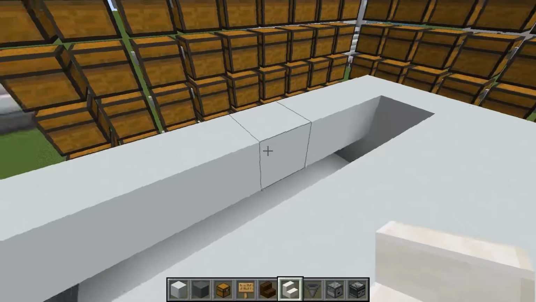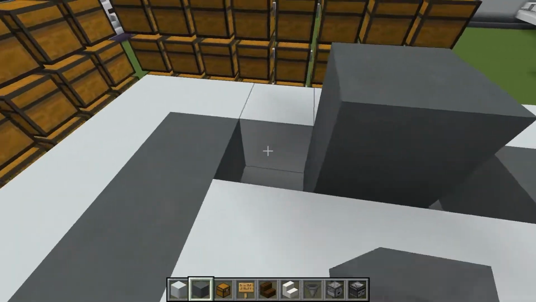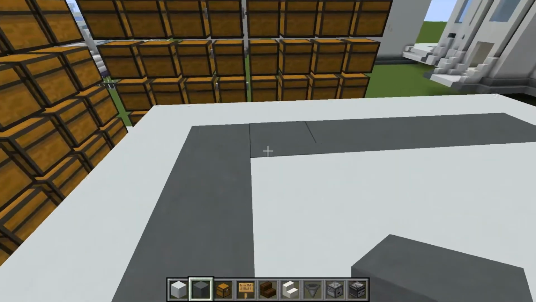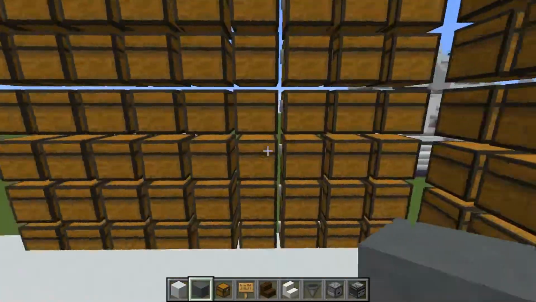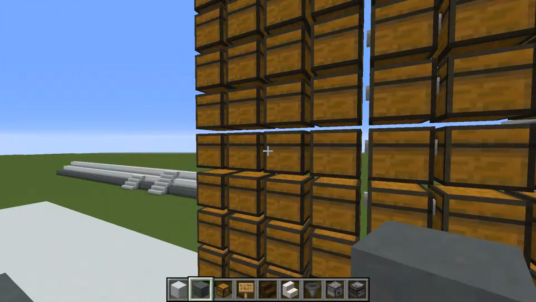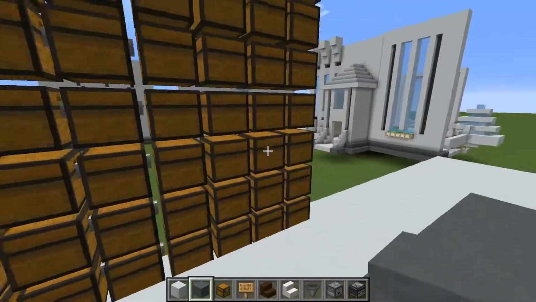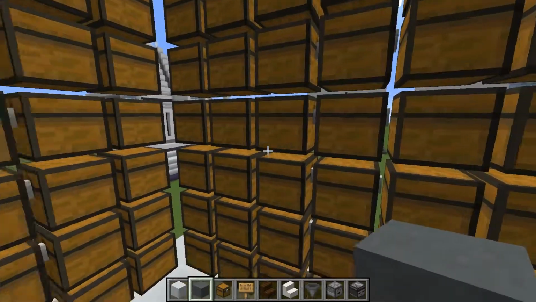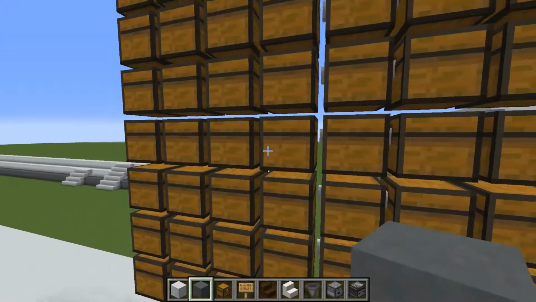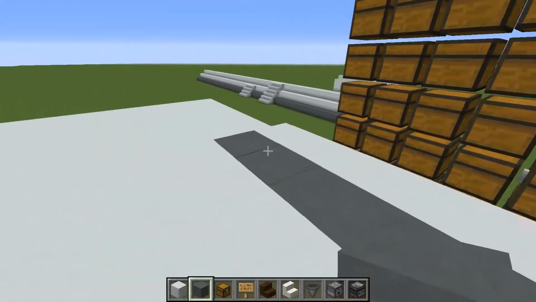Let's put these over here. Maybe I should use cyan on the side, or maybe it should be like this. But I think this is probably enough storage for me. Some of these will be with shulker boxes, others will be without shulker boxes. For example, I could have one with mob heads, maybe even two with mob heads. But I think I like this design,